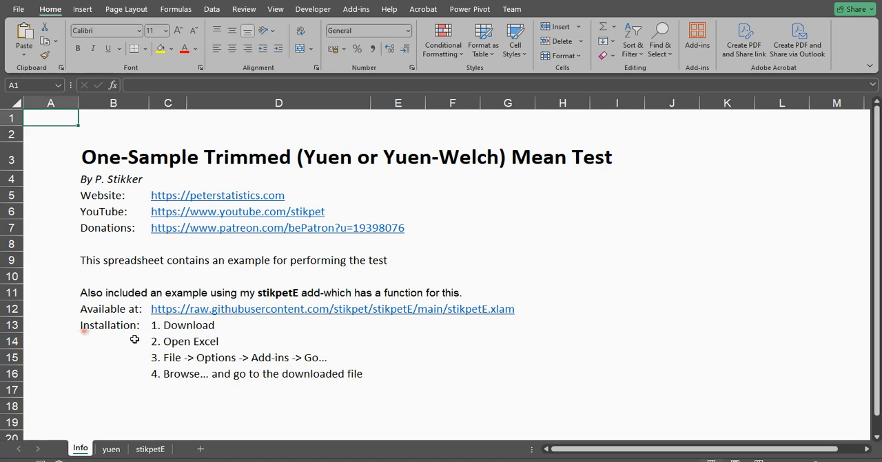My add-in is available by going to my GitHub account, and then you can go for download. So download that file, open Excel, go for File, Options, Add-ins, and click on Go. There's a small button near the bottom of that screen there. Click on Browse, go to the downloaded file, and that should install the add-in, which gives you a lot of